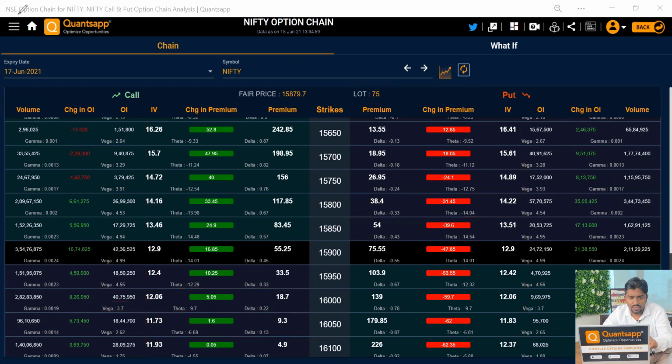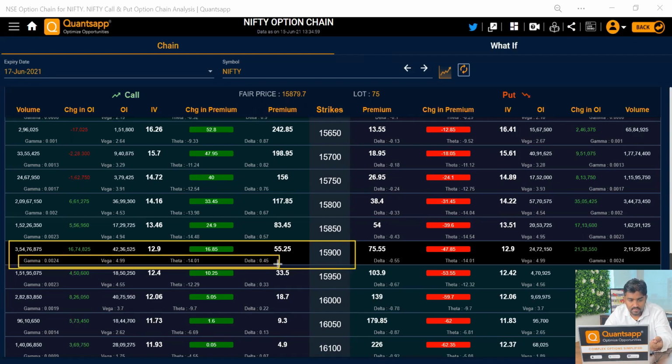Now we have volume also. Generally when we trade options or derivatives, we don't look at the volume specifically. Open interest will suffice the purpose. Now, what other thing in addition do we have, compared to the other option chains? If we check any particular strike price, let's say I'll take again 15,900, here what additional thing we have is the option Greeks. Okay, you can check the option Greeks also here.